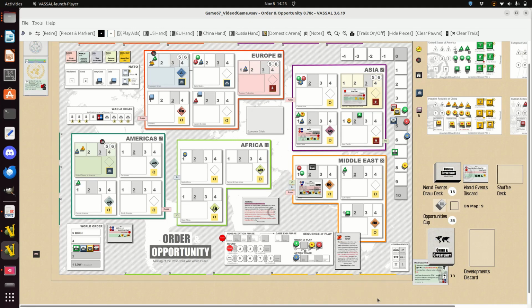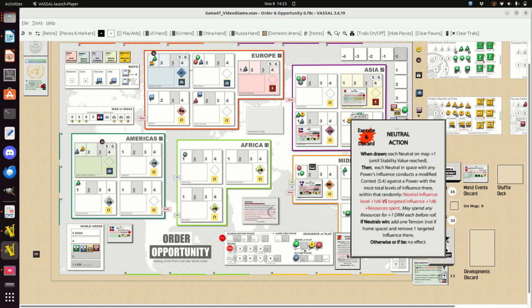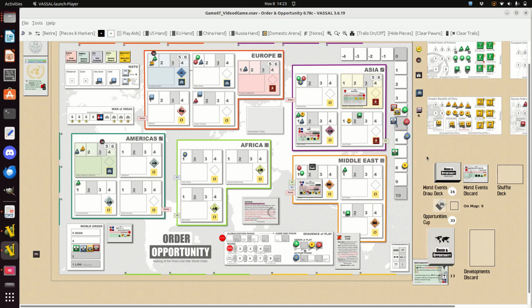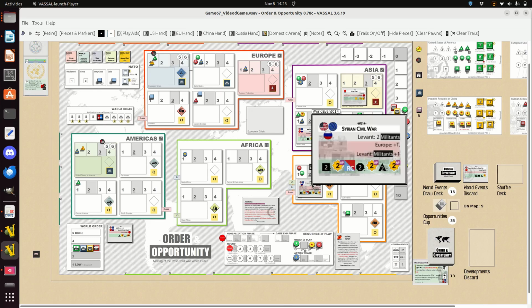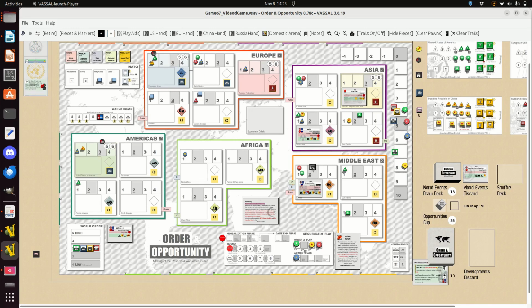And so the card that we have here now is called Neutral Action. This is where the so-called neutrals, third parties, not player side forces here, enter play and become active. This refers to these counters here brought into play by world events. Here, for instance, the Syrian civil war has brought 2 levels of militant neutral influence here into Levant, this space over here. Now this counter will spring into action and contest the influence here